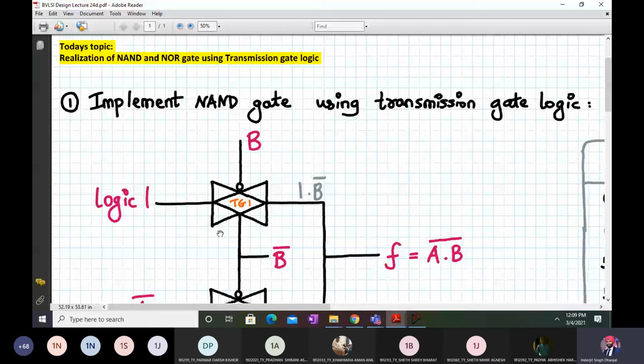Think what you will do. You have to use this transmission gate symbol. If you have completed, please take a print screen and attach it in the meeting chat.